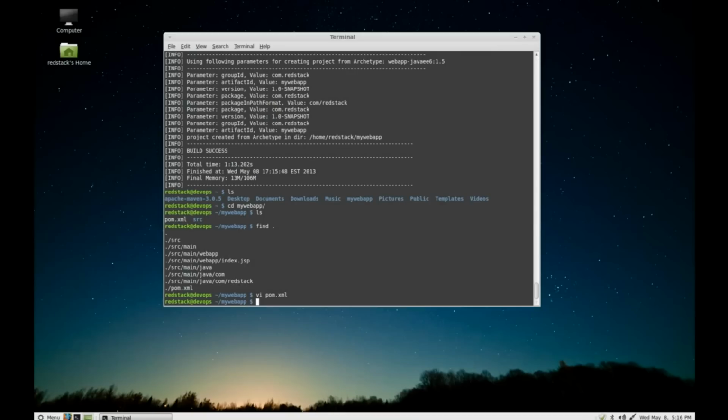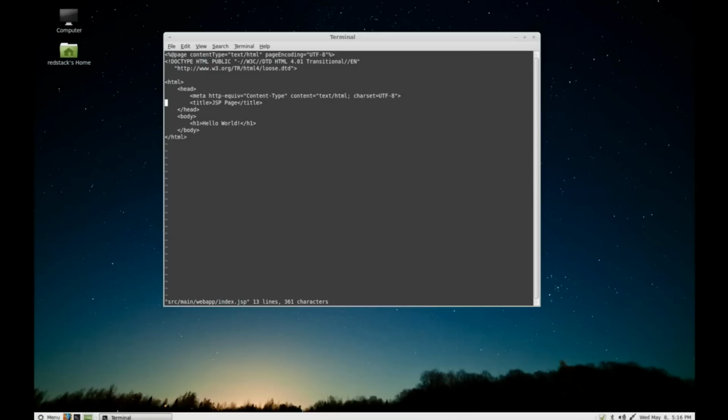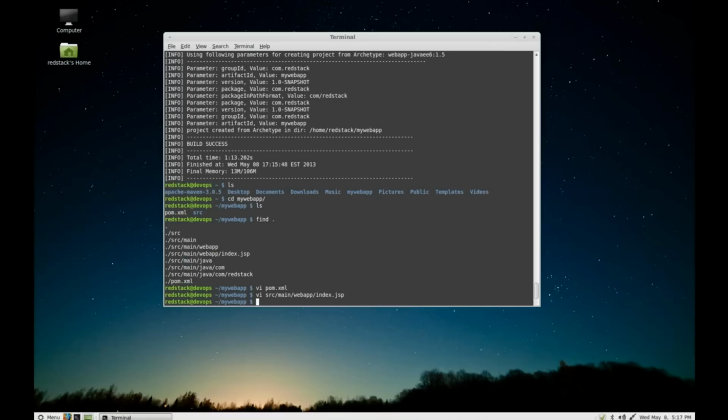For now, let's go ahead and edit the JSP. So you can see it says hello world, and we'll just go in here and say from redstack. Okay, so now let's go ahead and compile. So if we say Maven compile,